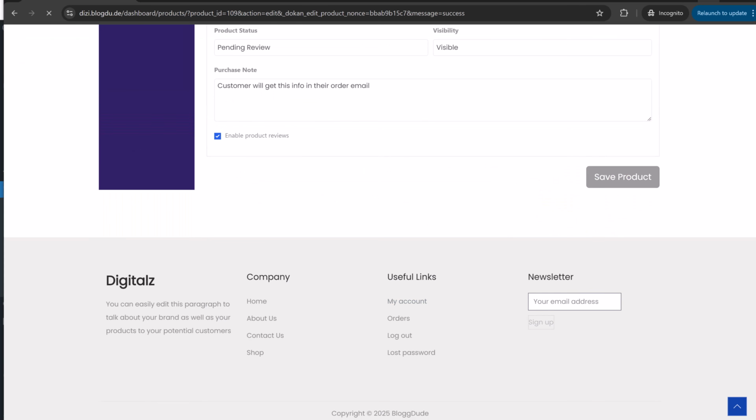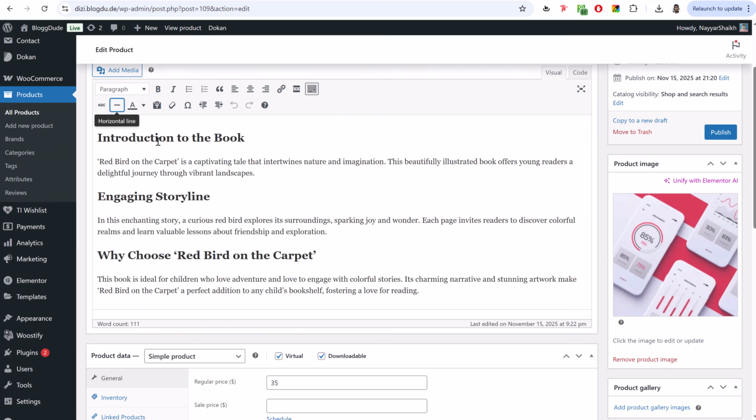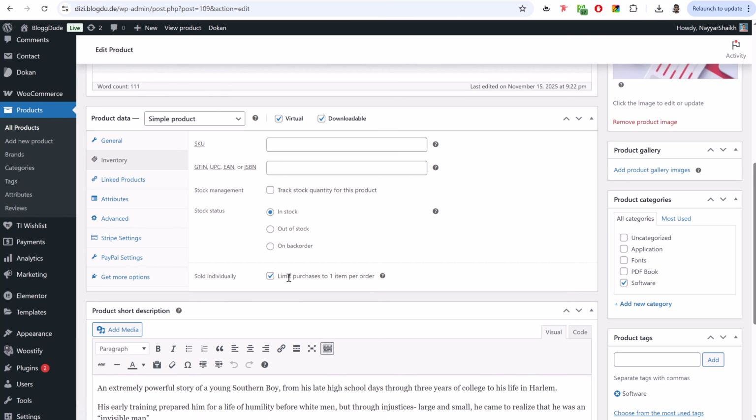Click on save product. Okay, now we'll come over here and refresh this page. Okay, so somebody has added a new product. You can go through it and edit. You can see whether the description, title, everything is entered or not, whether they tick marked this thing, limit purchase